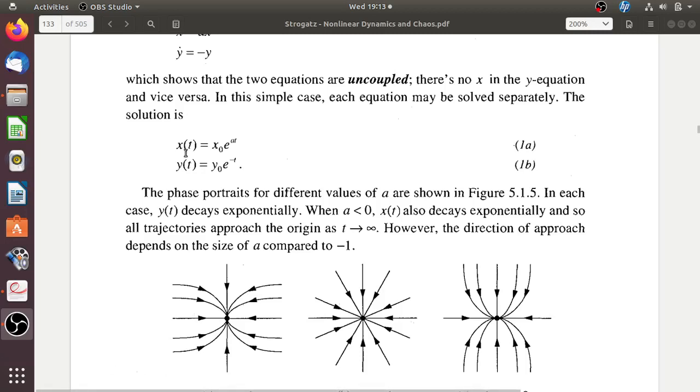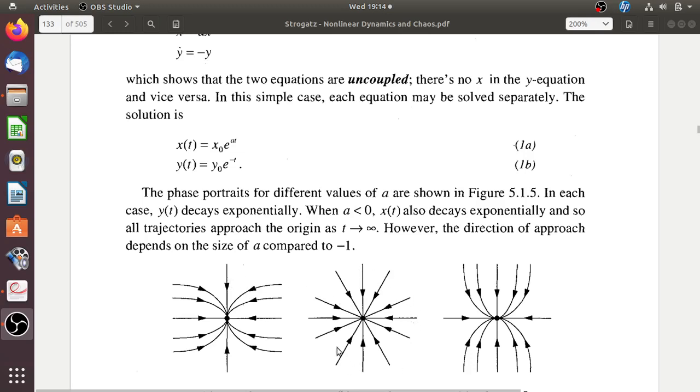So last time we have discussed this uncoupled problem, right? In this uncoupled problem, if we see, mostly the trajectories are not a straight line, they are curvy lines, okay? But except the line along the x-axis and the line along the y-axis. Because along the x-axis, only the y is decaying and there isn't any change in x. And the same goes for this trajectory as well.